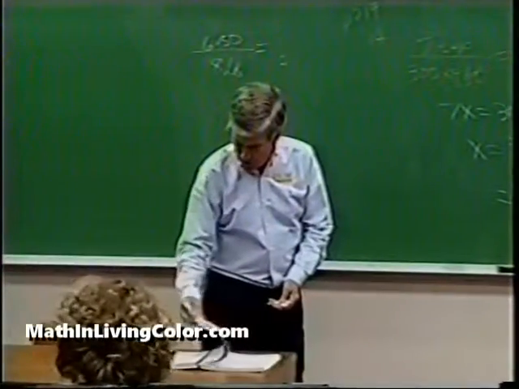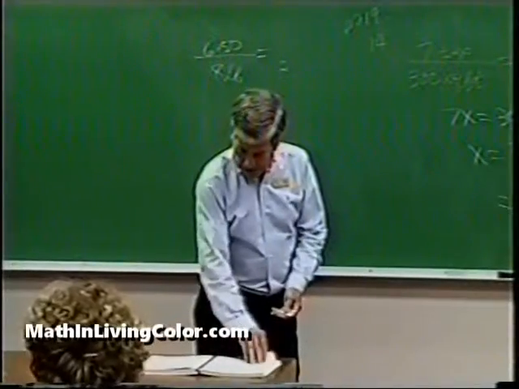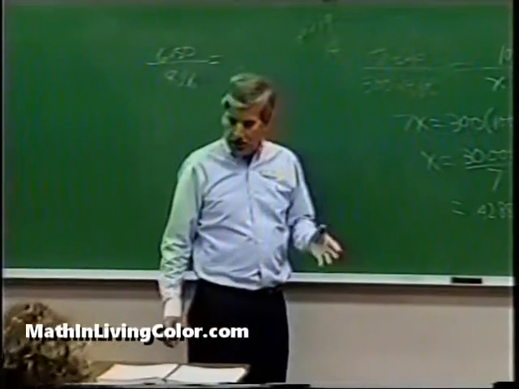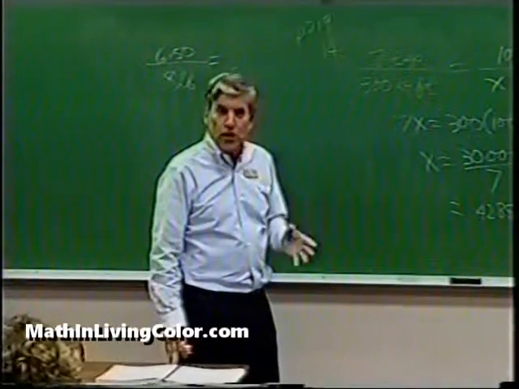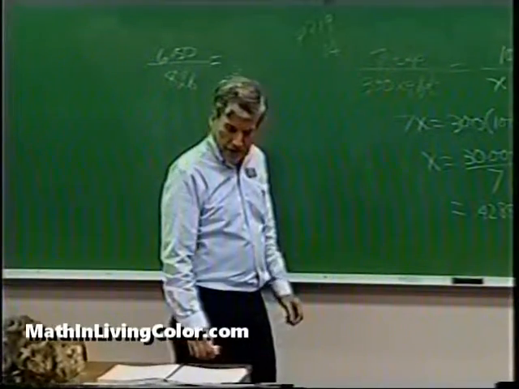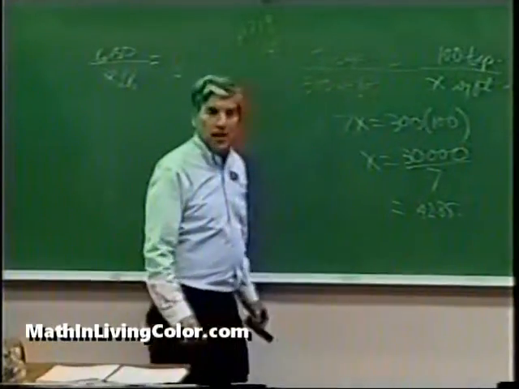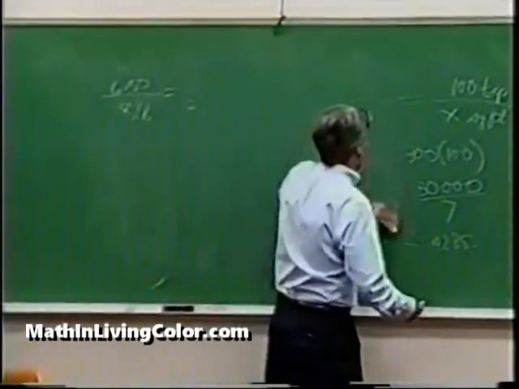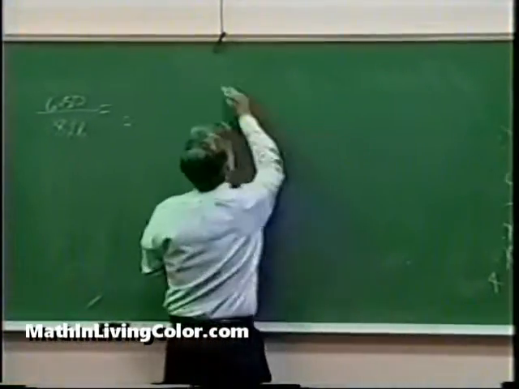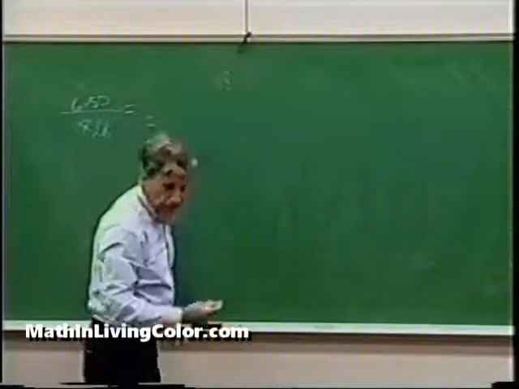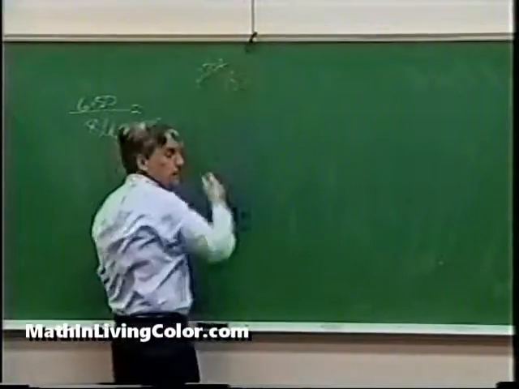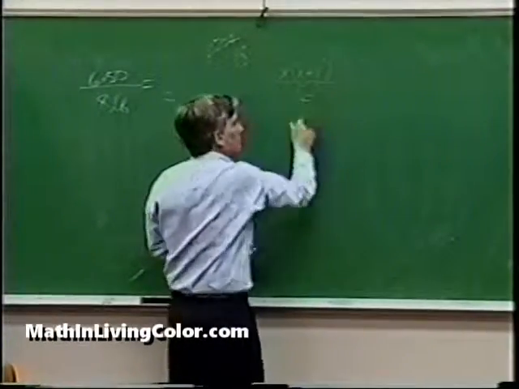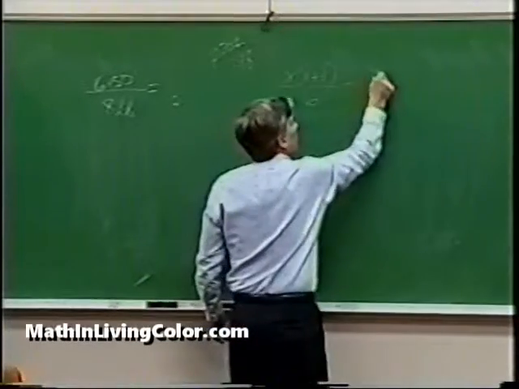Now go back to page 204. Sometimes the fractional equations are in the form of addition and subtraction of fractions. In these cases, we're going to start by finding the least common denominator. So I want to start with number 18 on page 204. And the equation says x times (x plus 1) over 6 minus x over 3